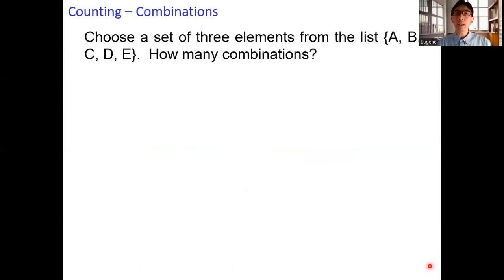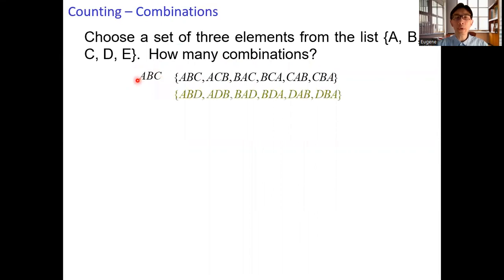So how many combinations can we obtain by selecting 3 elements from the list of 5 elements? For example, the letters A, B, and C are selected, then we can have 6 different permutations. However, these 6 permutations all refer to a single combination, A, B, C. And suppose 3 letters A, B, D are selected. We also obtain 6 permutations from the 3 letters A, B, and D. However, they all refer to a single combination ABD. Proceed similarly.